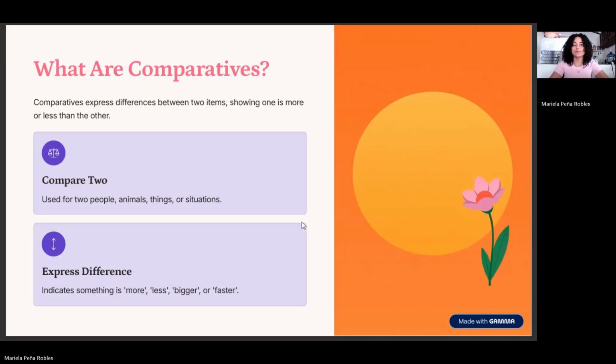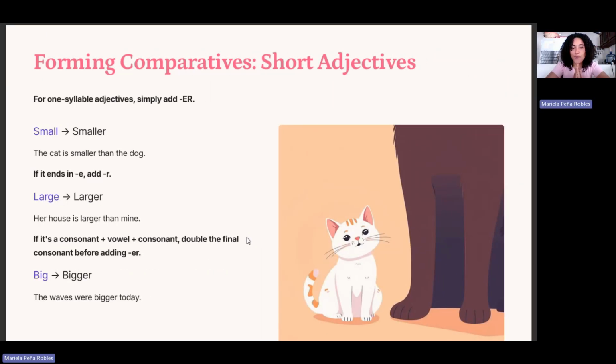Well, why is that? Why is comparative? Comparatives are used when we want to compare two items. They highlight that one thing is more, is less, is bigger, smaller, or faster than another thing. To form the comparative with short adjectives, especially those with only one syllable,